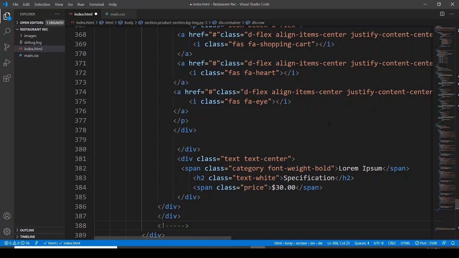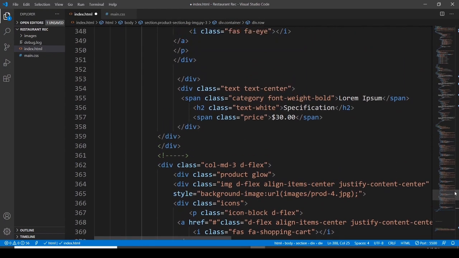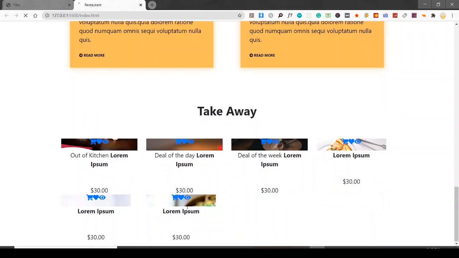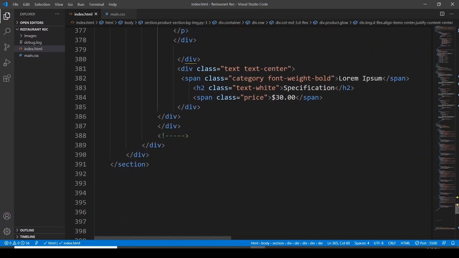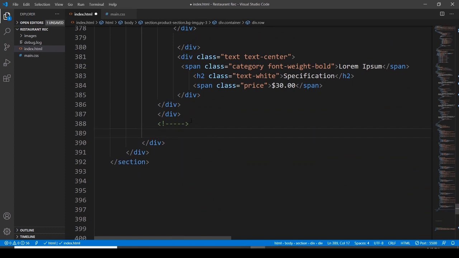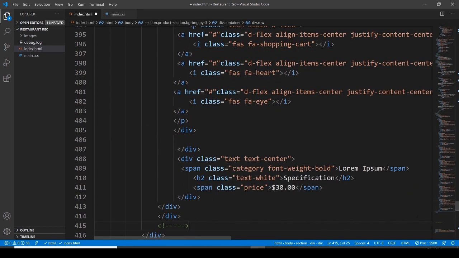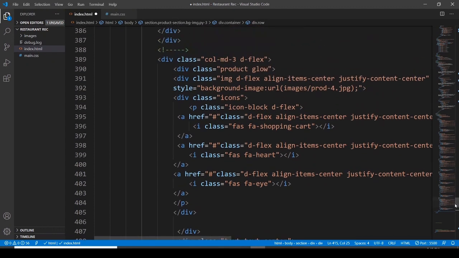And here I want to have an image, and this time my image name is ball. So where is that image? Here it is, the image, and images, and I do have an image ball.jpg. And let's go to the browser, and we have an image. We will style them, but right now, and here again, let it be product. Let's use product 1,